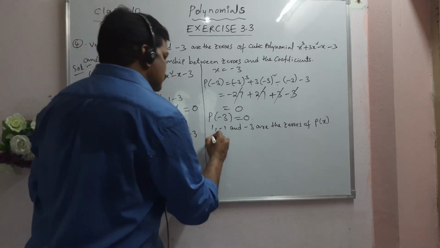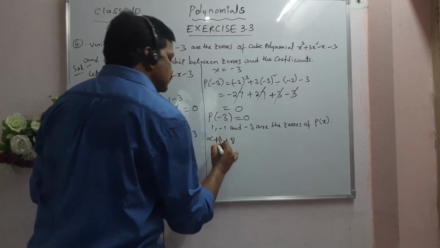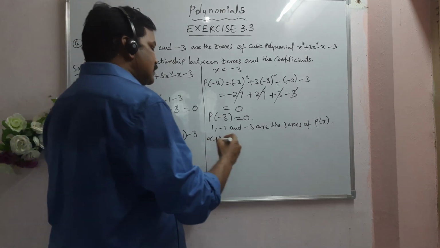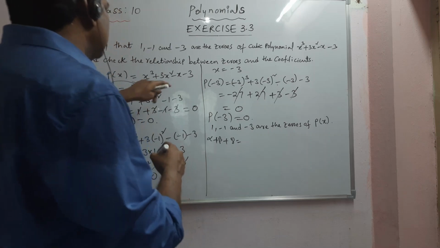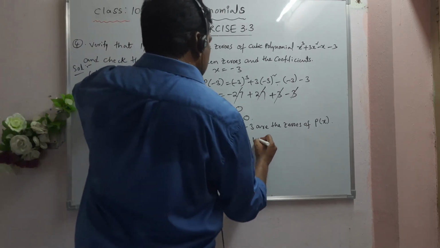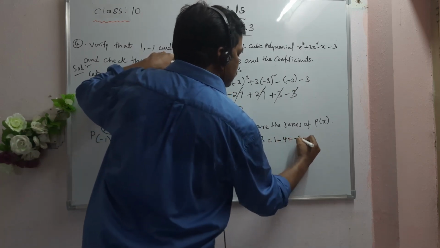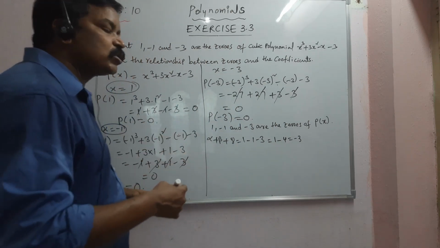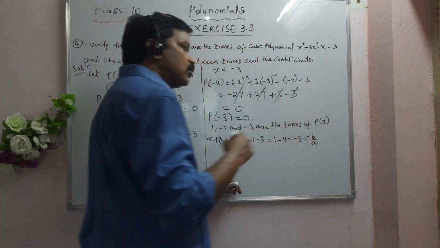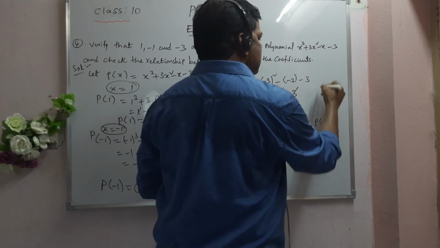That means first we will take alpha plus beta plus gamma. I have already explained about this relationship between zeros and the coefficients of a cubic polynomial. What is alpha plus beta plus gamma here? Here the alpha is 1, beta is -1, gamma is -3. So that means 1 minus 4, that is -3. According to the coefficients of cubic polynomial, this should be equal to minus b by a, no? Let us verify.